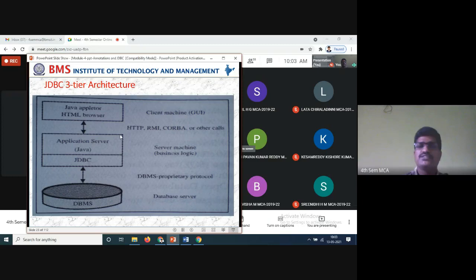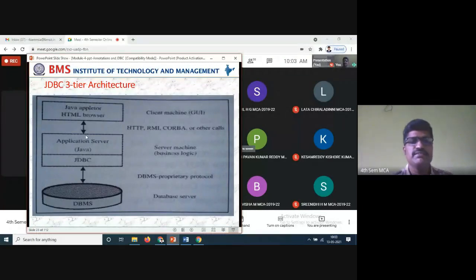So the client GUI, wherever it is supporting, normally applets maximum. Based on your problem, you need to select which one you want, maybe Java Beans, or servlets, or JSP, Java Server Pages. You have to identify that based on your programs, that's all.